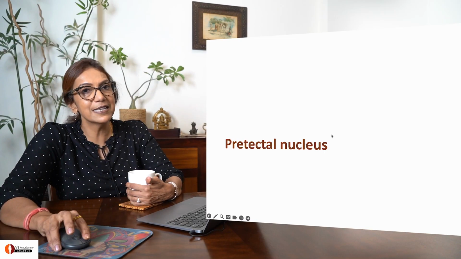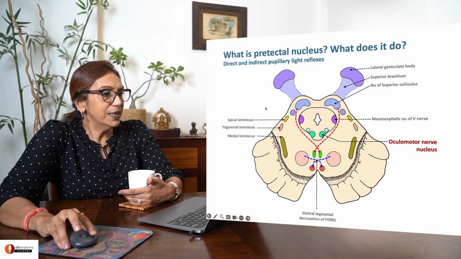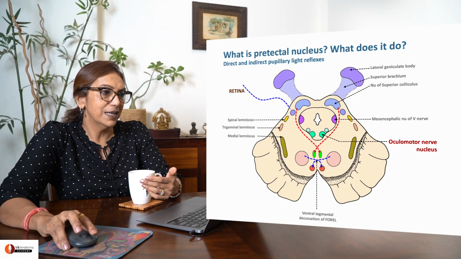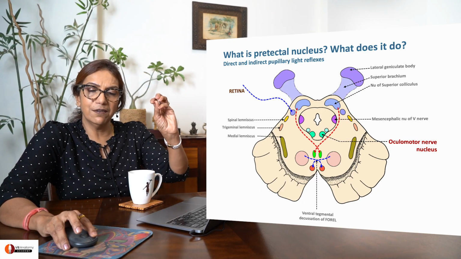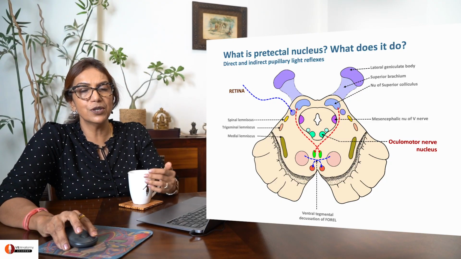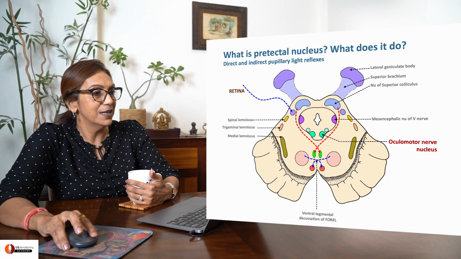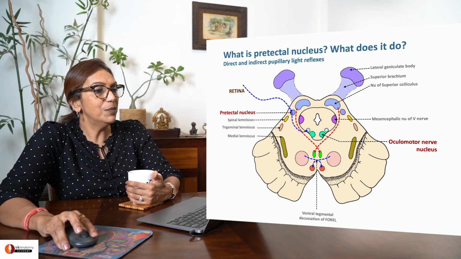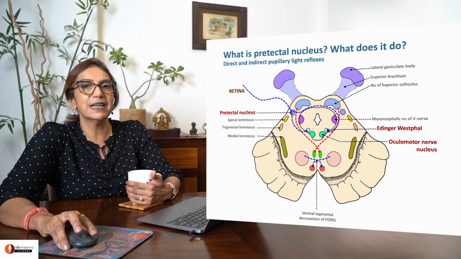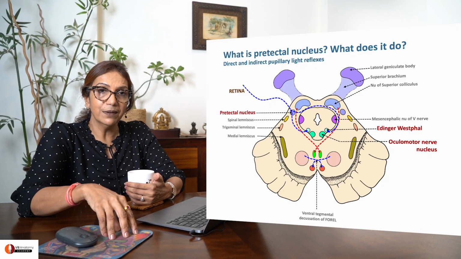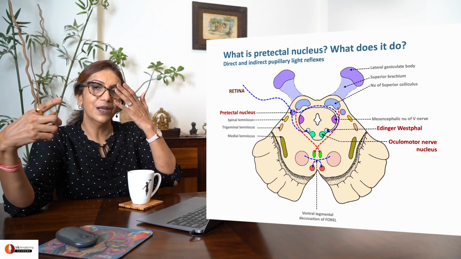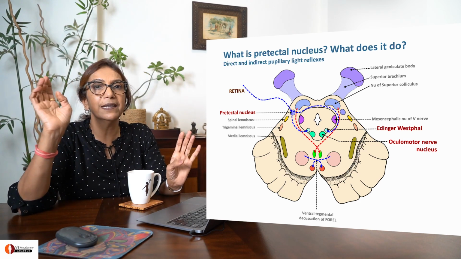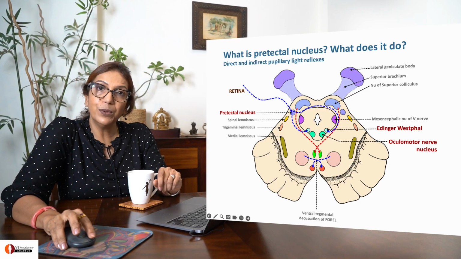Come, let's understand this a little better. So, here is your retina, which is receiving some visual stimulus. It reaches that information to that side pretectal nucleus, which in turn stimulates the same side Edinger-Westphal nucleus, but also stimulates the opposite side Edinger-Westphal nucleus. So note, even if you see from one eye, both side Edinger-Westphal nuclei are stimulated through the pretectal nucleus of that side. How does it matter?